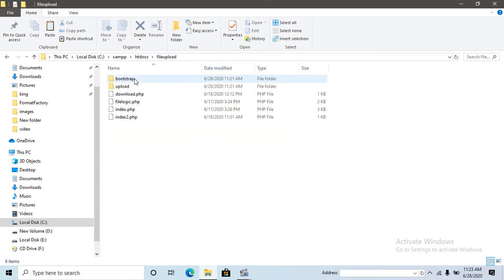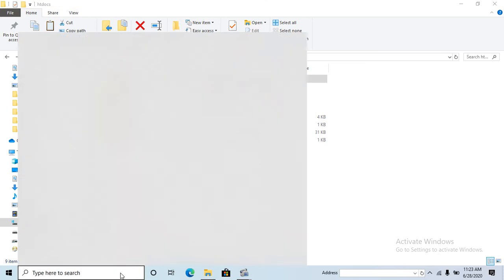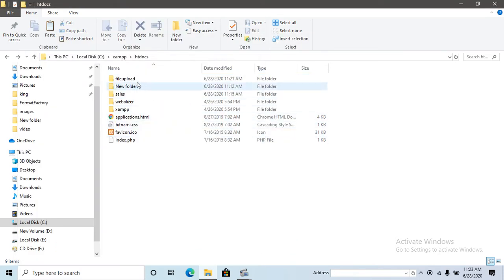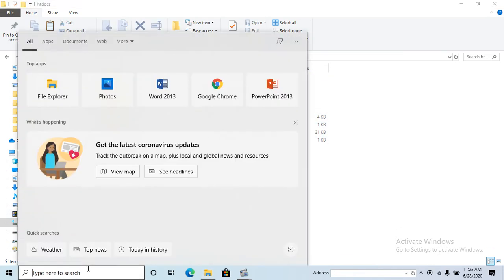Now when I open the file, realize that within the file hierarchy there is no database here. So if I send this file raw to Eric, realize that the database will be excluded. So the first thing I have to do is to export the database that comes with this file. So I have to go to XAMPP,